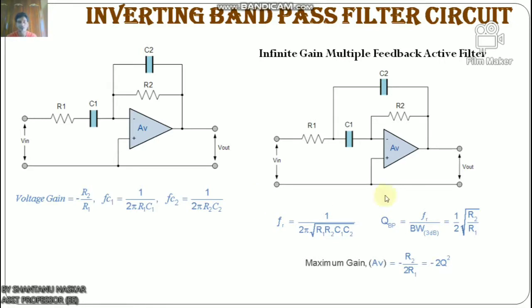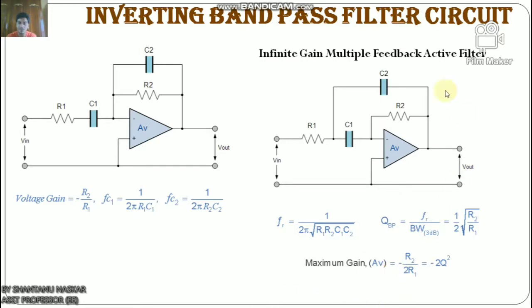Now I will discuss the multiple feedback band pass active filter. We can improve the band pass response of the above circuit by rearranging the components again to produce an infinite gain multiple feedback band pass filter. This type of active band pass design produces a tuned circuit based around a negative feedback active filter, giving it a high Q factor of up to 25, an amplitude response and steep roll off on either side of its center frequency. Because the frequency response of the circuit is similar to a resonance circuit, this center frequency is referred to as the resonant frequency, which is FR.